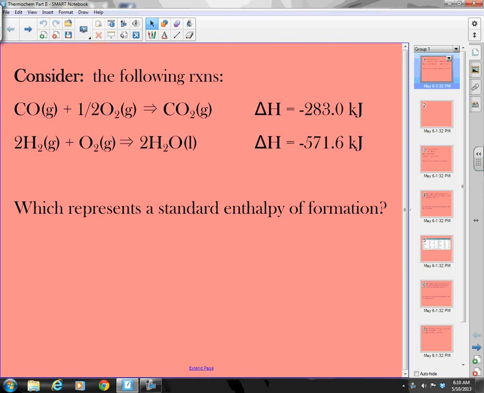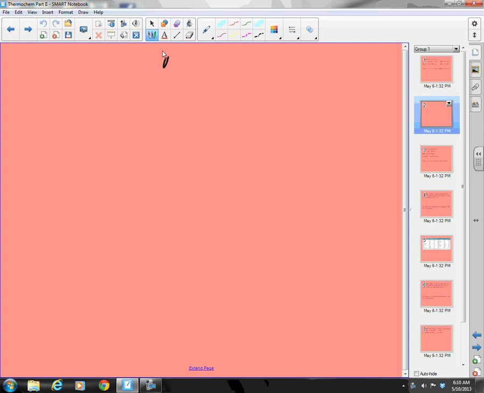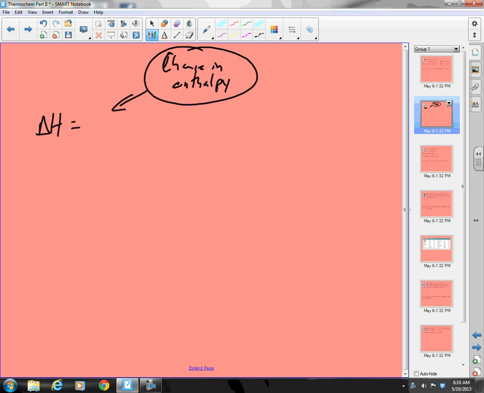We are talking about thermochemistry, and we said thermochemistry is essentially about heat. We talked a little bit about energy, and last time we talked about delta H, my change in enthalpy. I said I really don't care about enthalpy itself. I do care about change in enthalpy, and that change in enthalpy at constant pressure is equal to my heat transfer. So that's important. The heat transfer between two bodies at constant pressure is equal to my change in